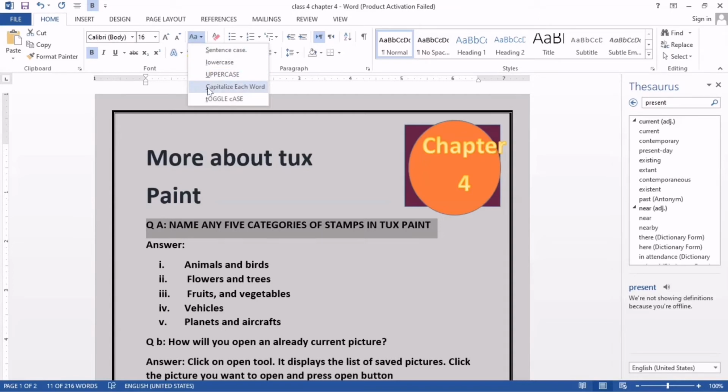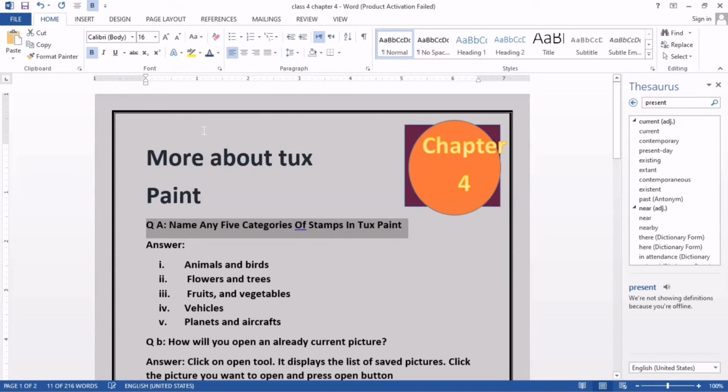And in capitalize each word, you can see the first letter of each word becomes capital and the remaining are small. Okay, the last one is toggle case. This is the opposite of capitalize each word, in which the first letter becomes small and the remaining letters become capital.